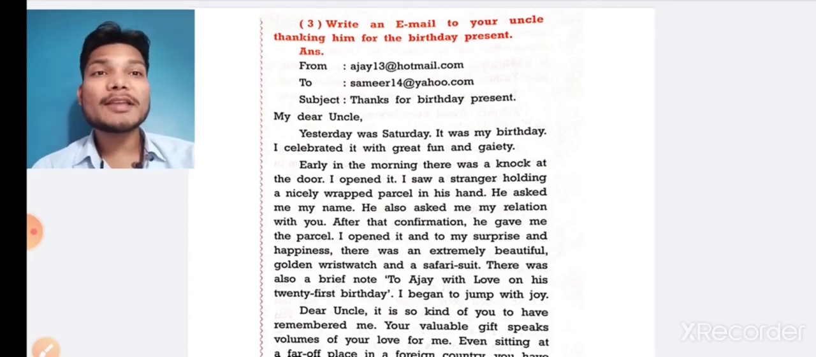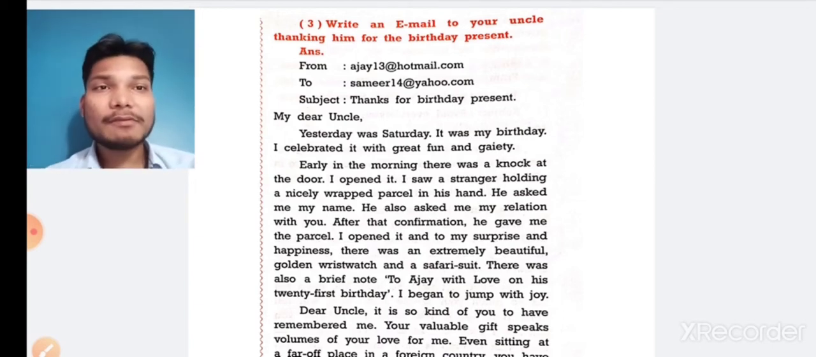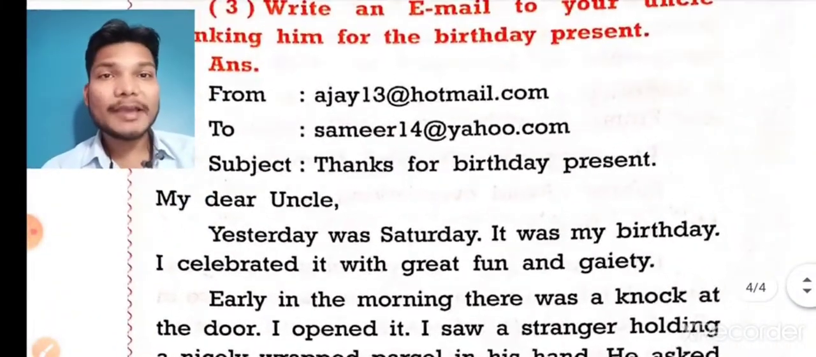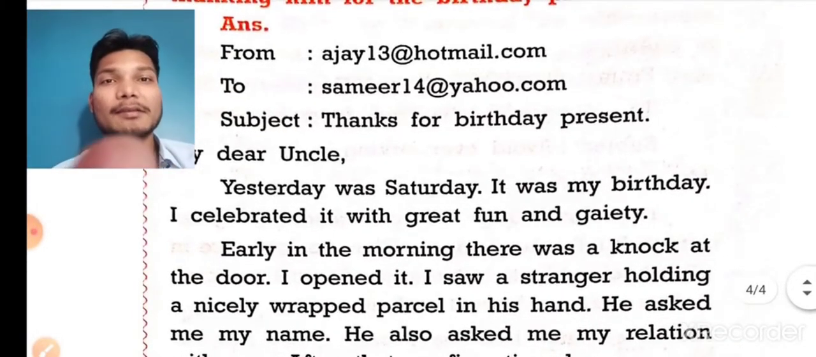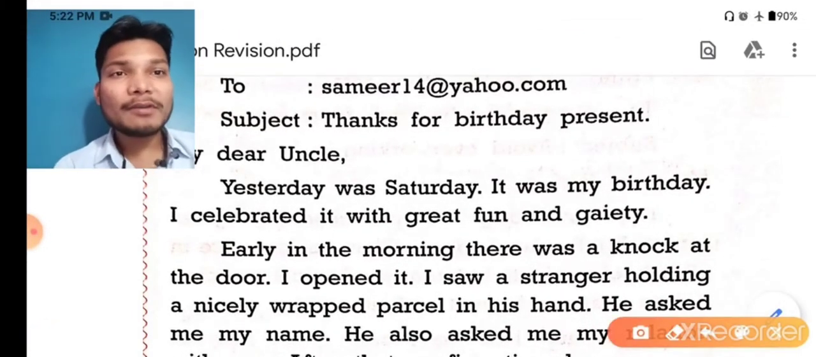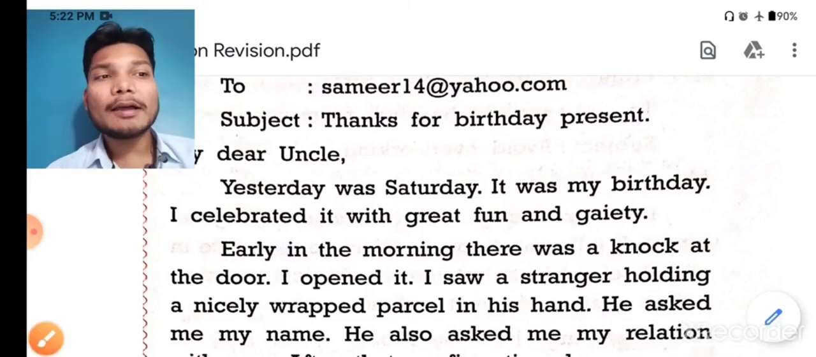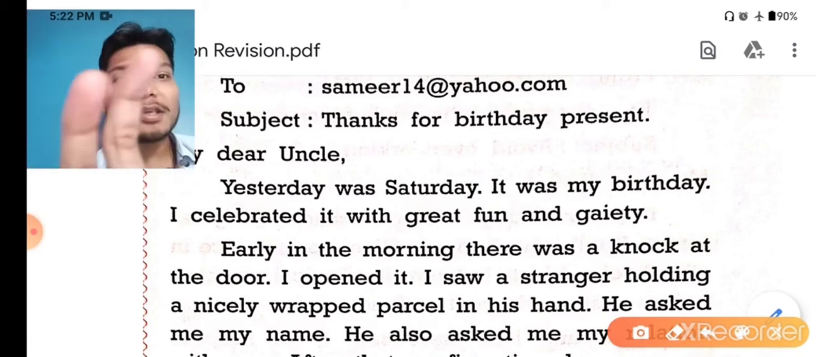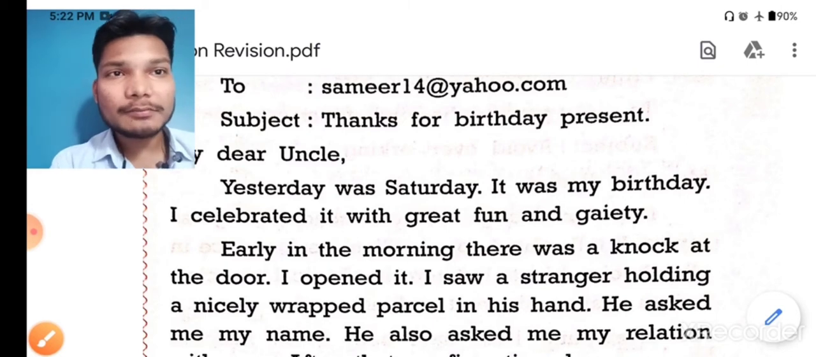And here you can see the format, okay. First of all, from. Now see, students, while writing the email IDs, you will have to keep in mind this thing. Whenever you are writing the email ID, it must be in